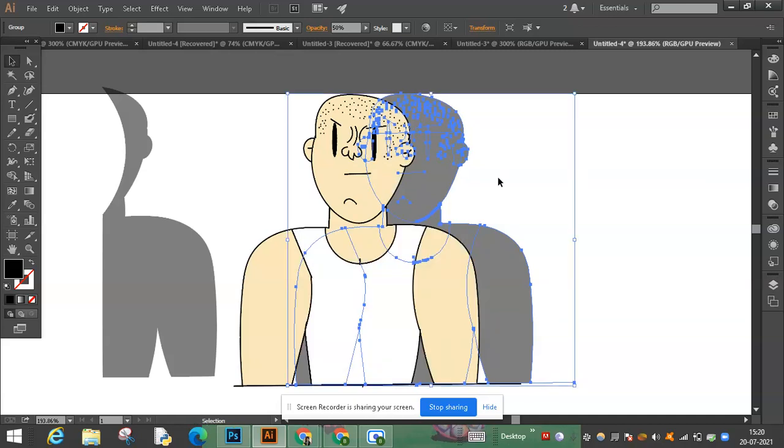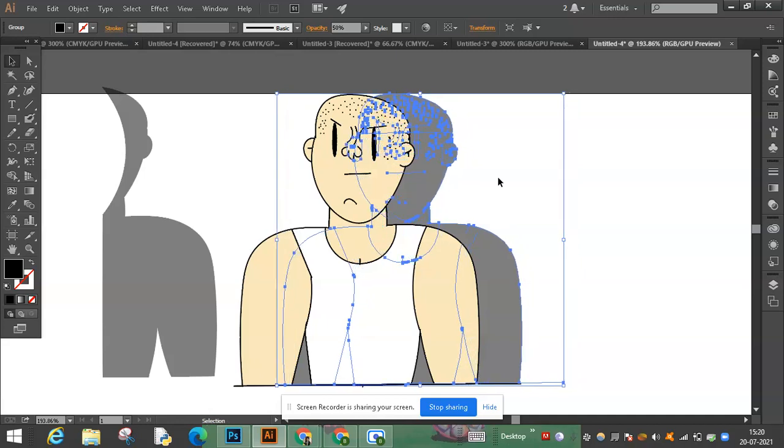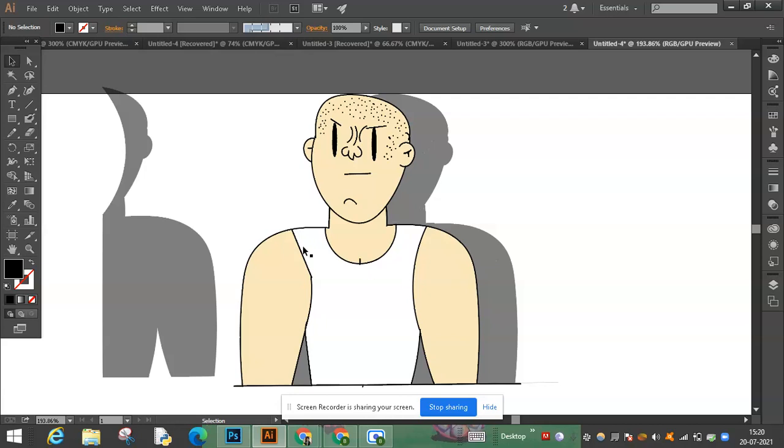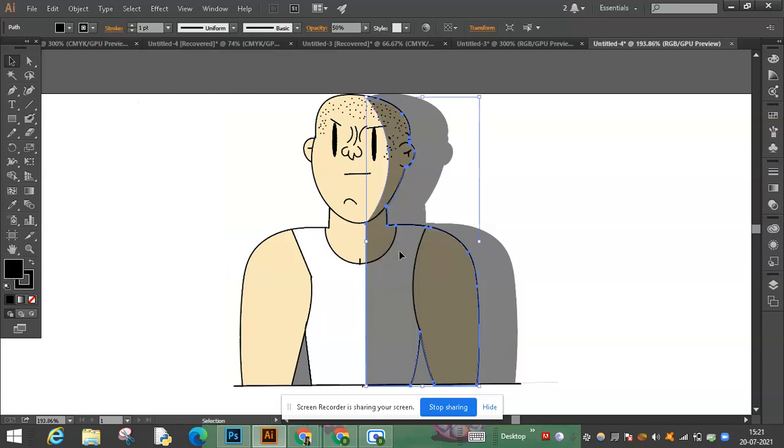Okay, so I'm going to make the shadow a bit inside. Okay, and I'm satisfied with this. And then put it here. Put the original shadow back, the first one, and you might have to adjust it a bit, and done.